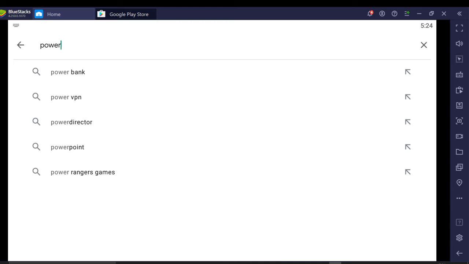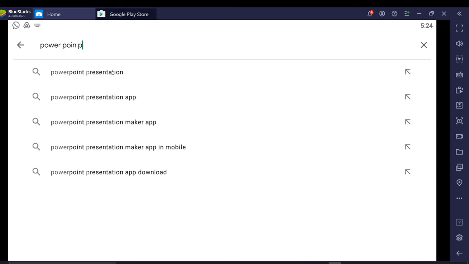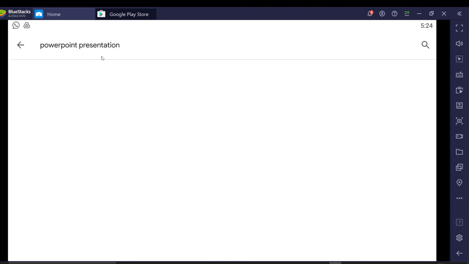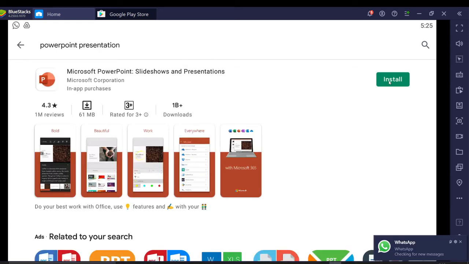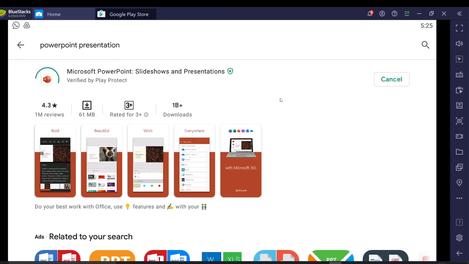So I will install this. Wait. Total around 61 MB is there.